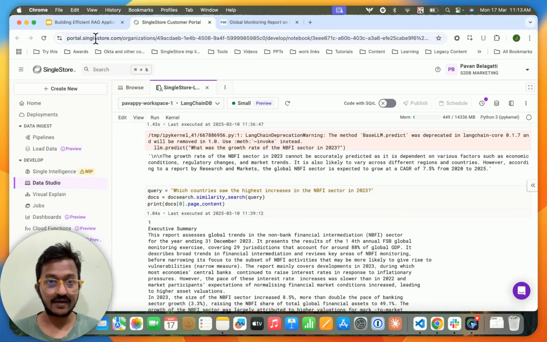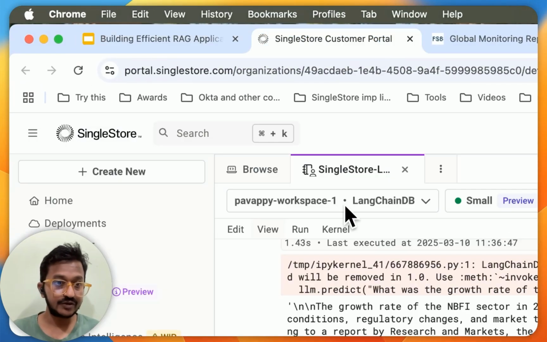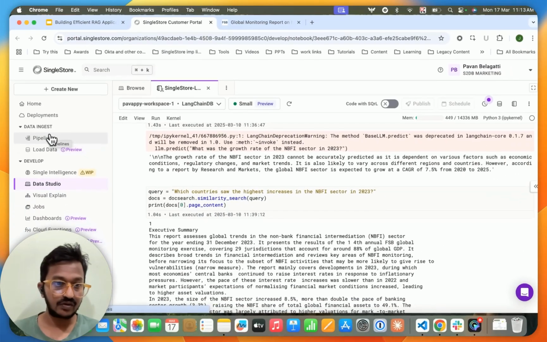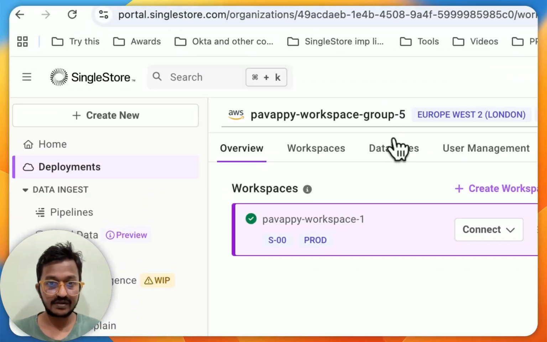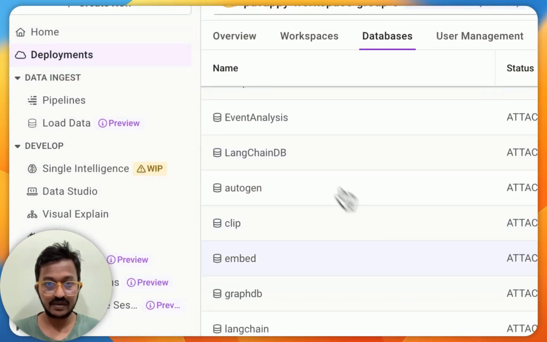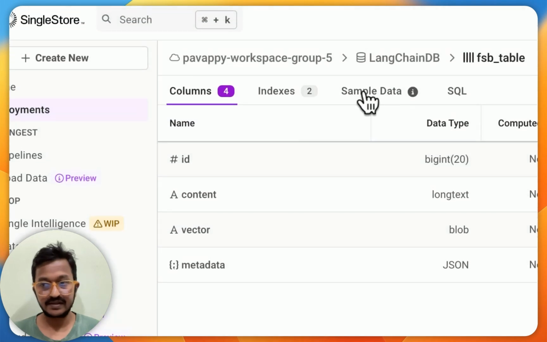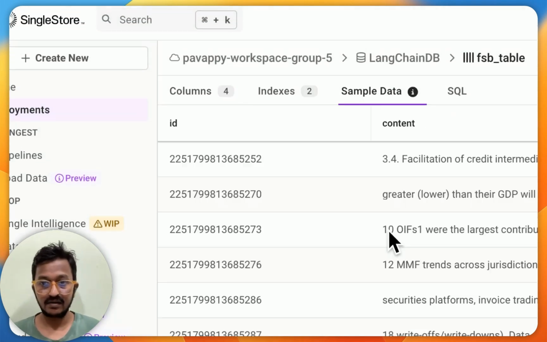So let's go back. Now let me show you how the data has been stored. Let's go to deployments, database, the database that we used, LangChain DB. And as you can see, the FSB table was a table inside our database. And this is the sample data in a vector format.